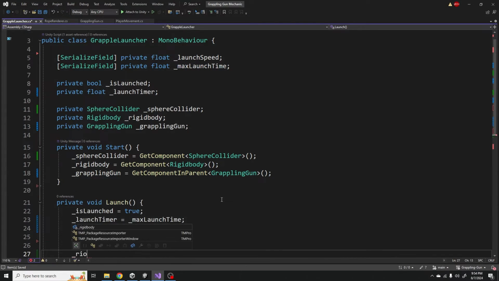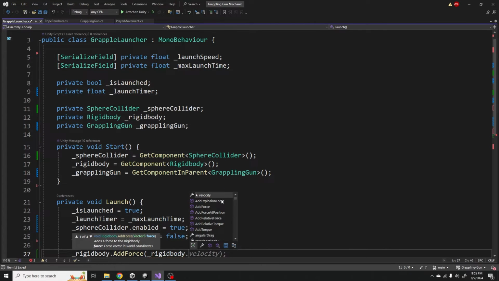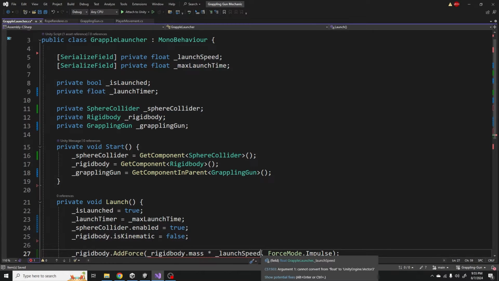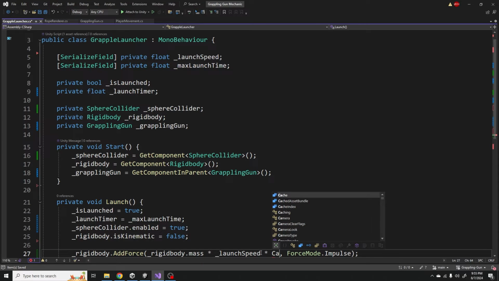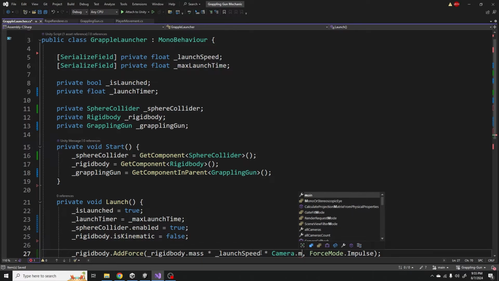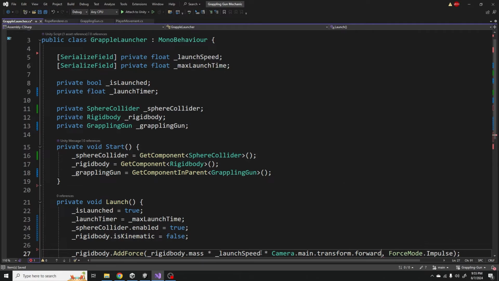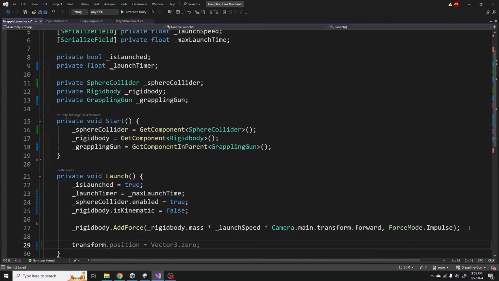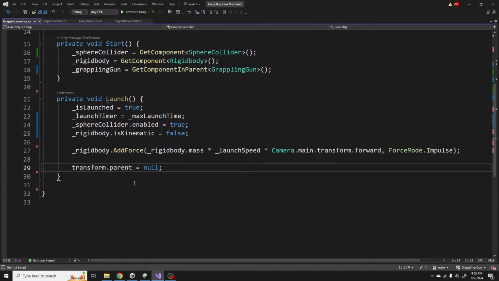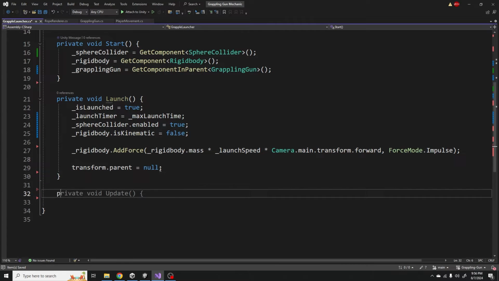So that's going to be rigid body dot add force with our rigid body's mass times our launch speed times our direction, which in this case is going to be camera dot main dot transform dot forward. And finally, we're going to set our transform's parent equal to null. Now right below it, we're going to make another private function called endLaunch